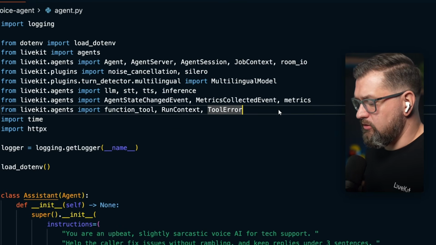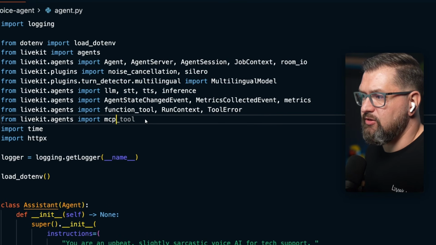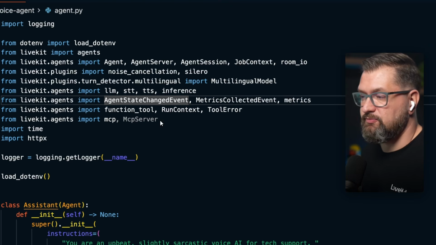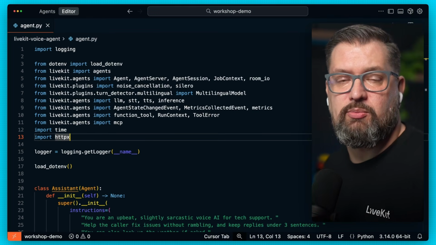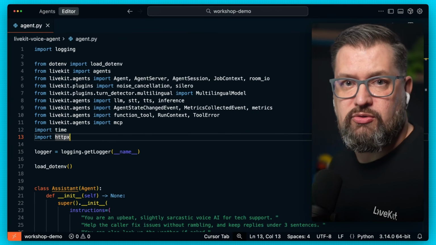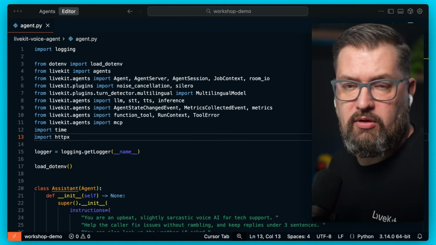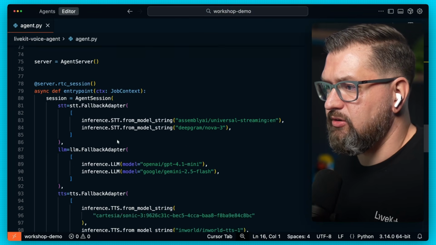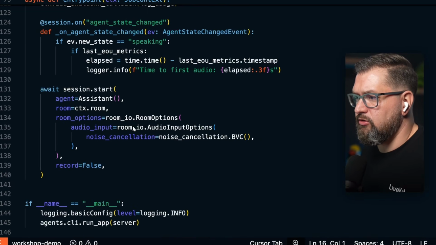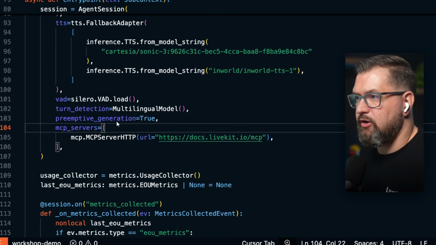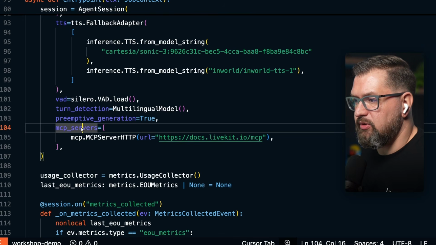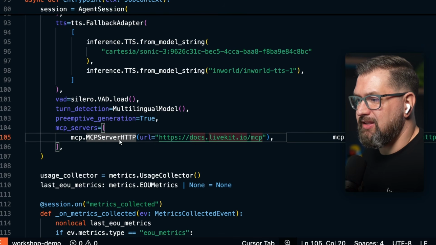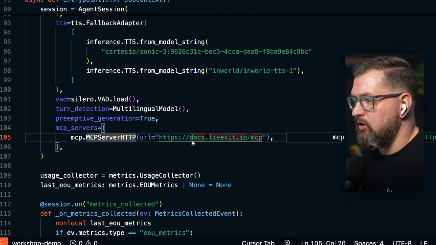And let's add another import here from LiveKit agents, and that is MCP. And then we'll connect our MCP server to our session using MCP servers. That is going to be under agent session. So let's go find that agent session. We'll add another option here under agent session, MCP servers. And then we'll set the MCP server HTTP to